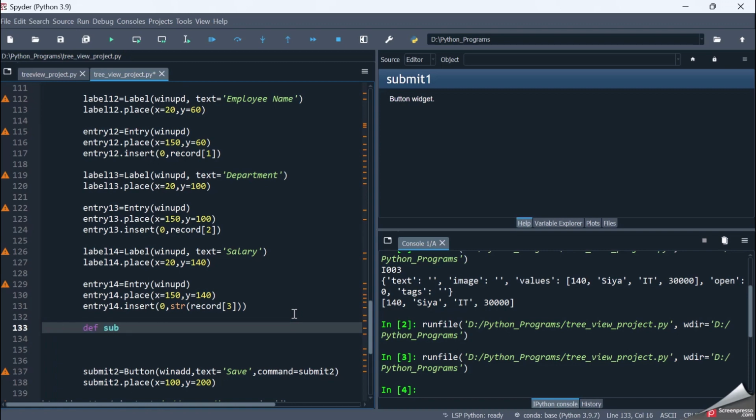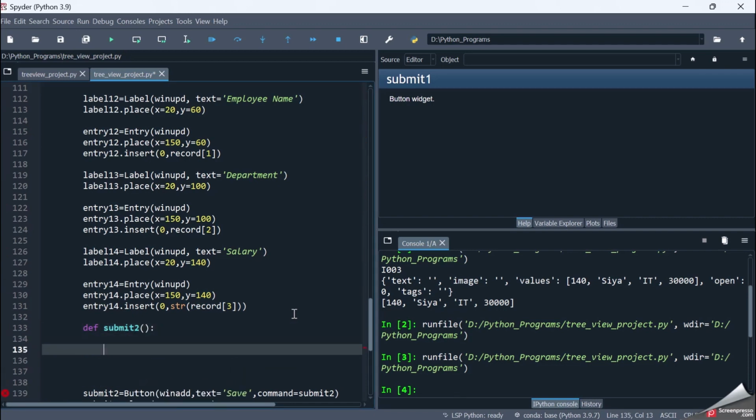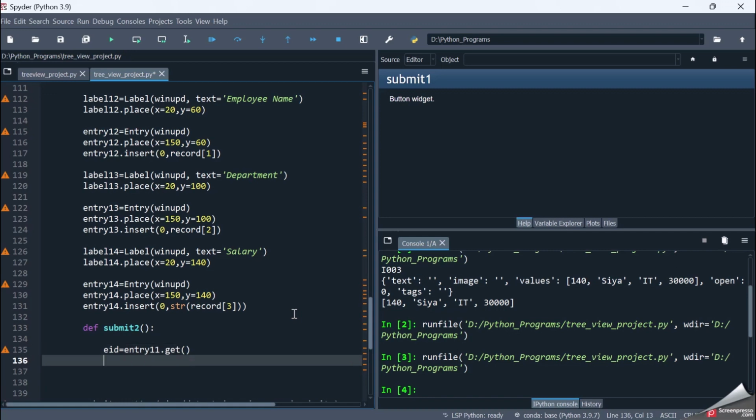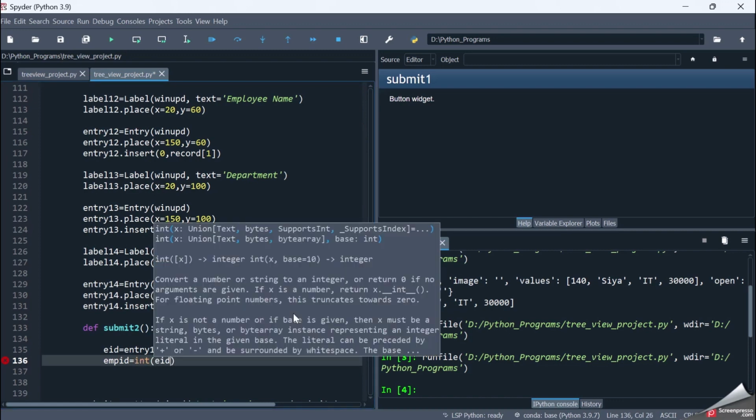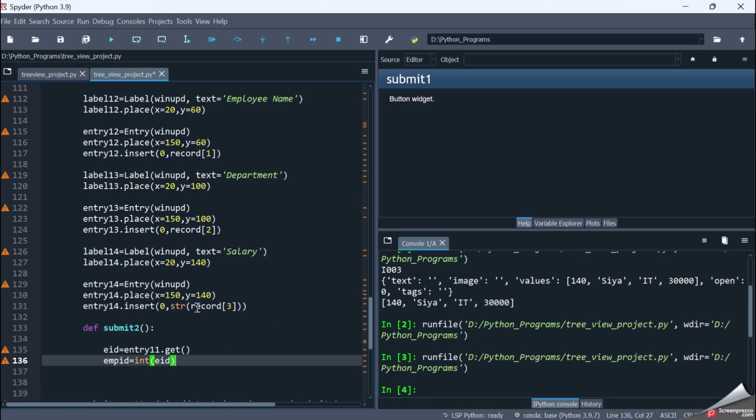Def submit_to is the function which it calls. Then I'm having my employee ID equal to entry 11 dot get. Next I'm saying emp ID is equal to int of eid. So after we insert the record details into the entry widgets, it is having 140,